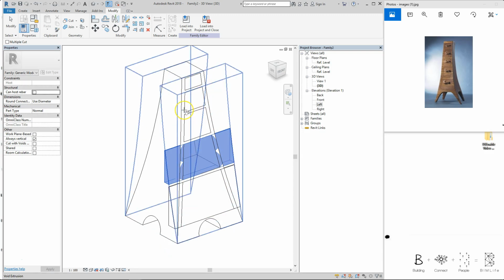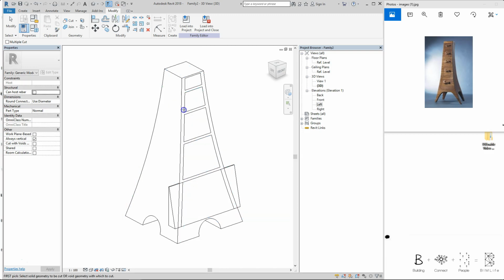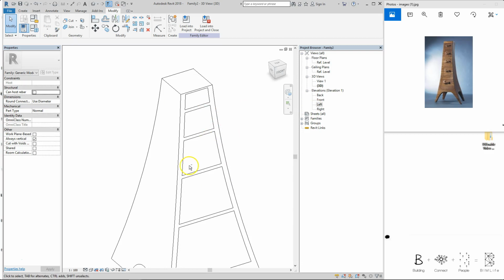Not this. As you can see, yeah, this is the shape. You can see at the bottom it is protruding more than the base of the cabinet, so that's the one that I'm going to select. Now do it for the last drawer, and there you go. The door is perfectly created,